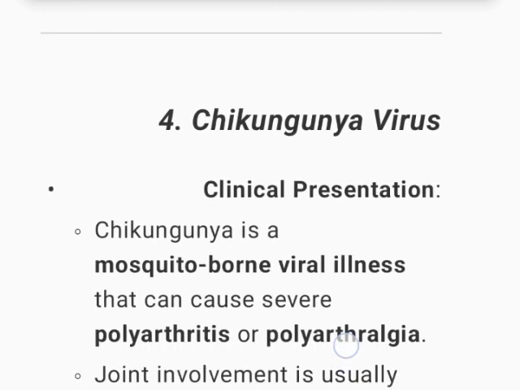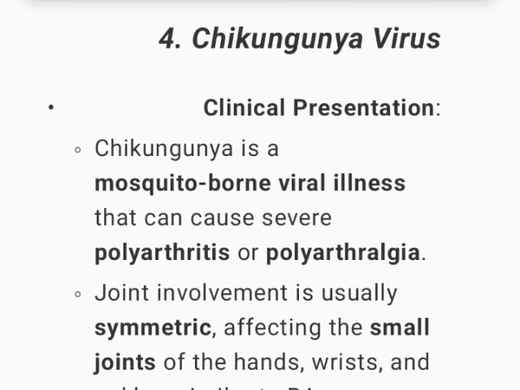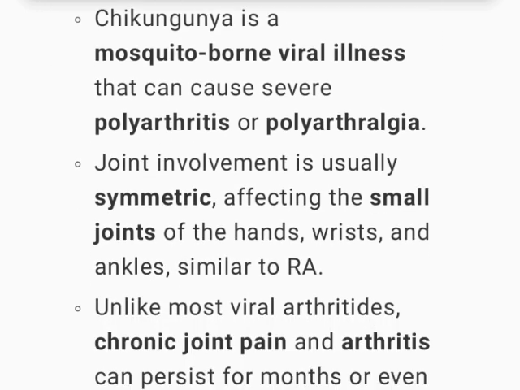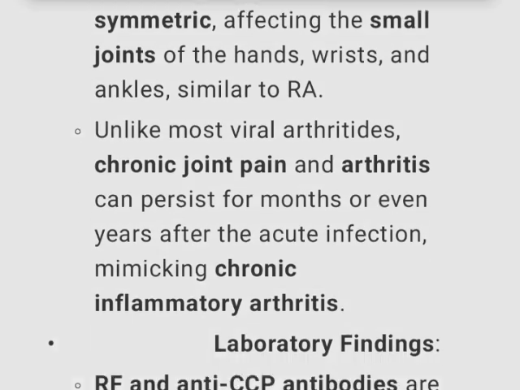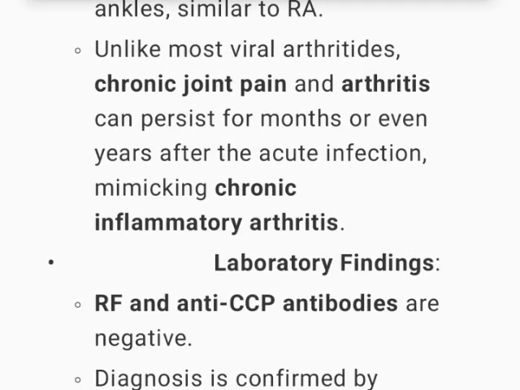RA. 4. Chikungunya virus. Clinical presentation. Chikungunya is a mosquito-borne viral illness that can cause severe polyarthritis or polyarthralgia. Joint involvement is usually symmetric, affecting the small joints of the hands, wrists, and ankles, similar to RA. Unlike most viral arthritides, chronic joint pain and arthritis can persist for months or even years after the acute infection,